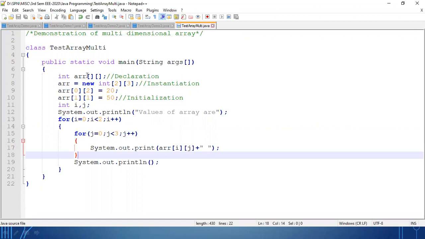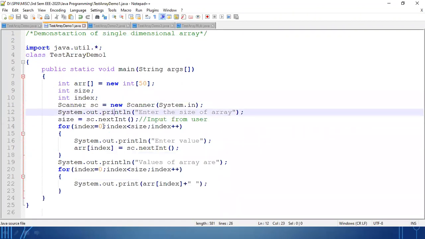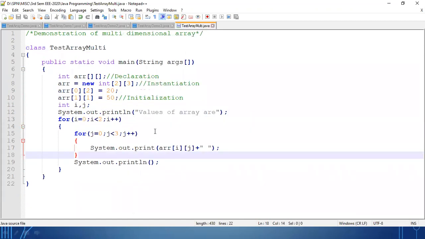Like a 1D array, you can also take the input and operate on it. Here for the one dimensional array you took the input for the size variable, but for a multi-dimensional array, you can take the input for rows and columns both. Okay, so let's see that one.